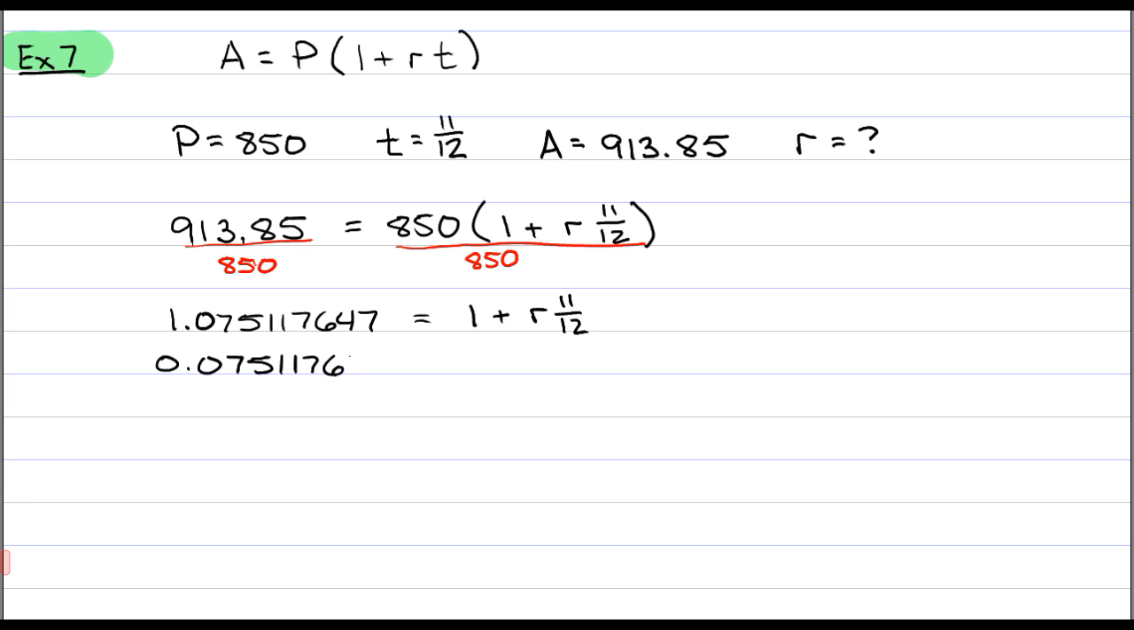So this is what I get on the left-hand side, and then on the right-hand side I just have R times 11 over 12. Now, to solve for R, I need to get rid of the 11 over 12, which means I need to multiply both sides by 12 over 11. If I carry out that calculation, I get that R is equal to